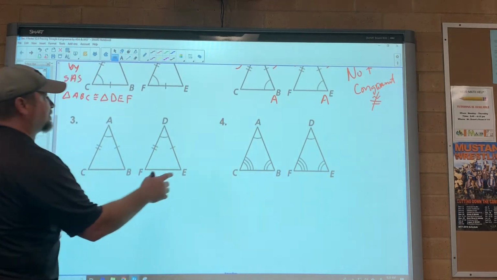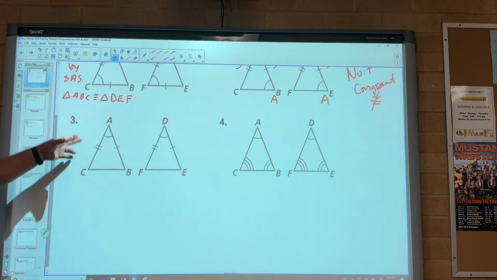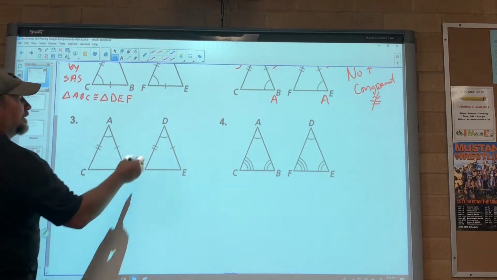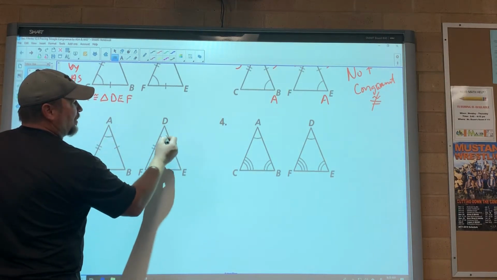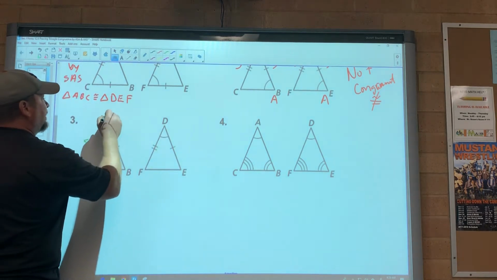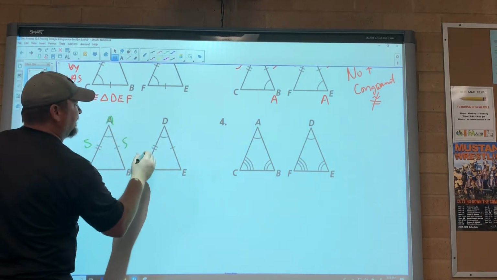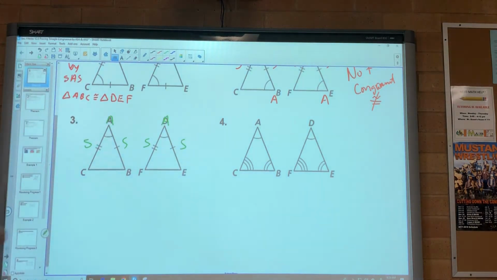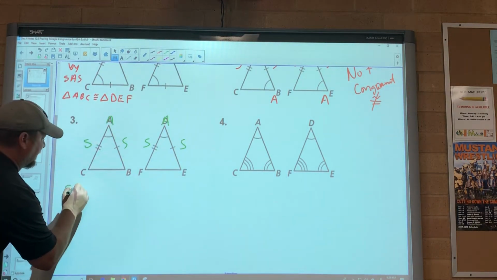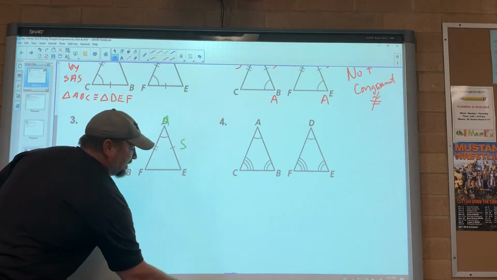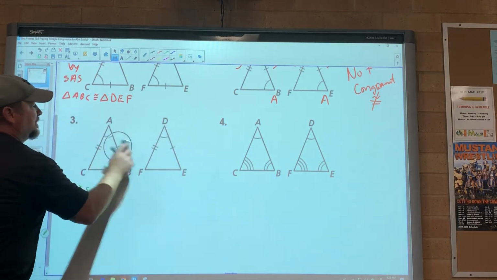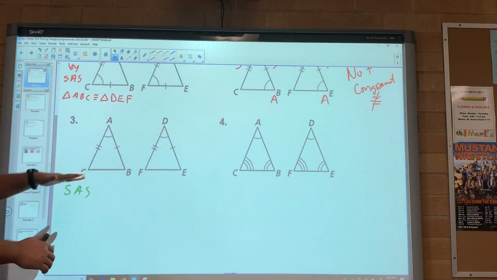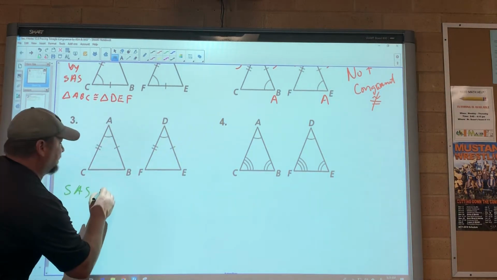I'll use green on this one. Okay, two marks, one mark, one angle in between, that works. Two marks, one mark, one angle in between, so side, angle, side, side, angle, side. So they're in the right positions. This one is side, angle, side. I'll get rid of this so I can see my letters now. So as you can see, I use those letters to help us, and then I get rid of them so I can actually see what I have to write. So yes by,